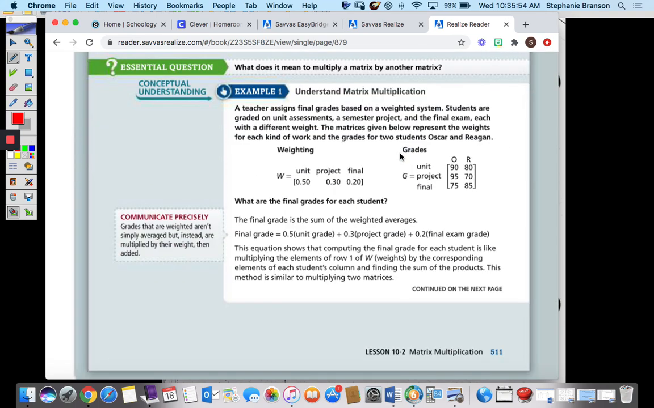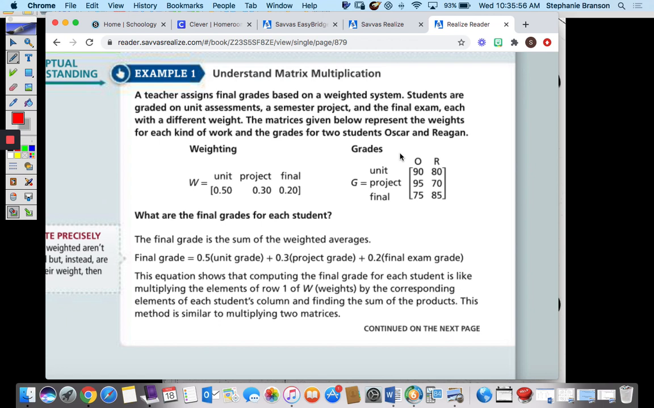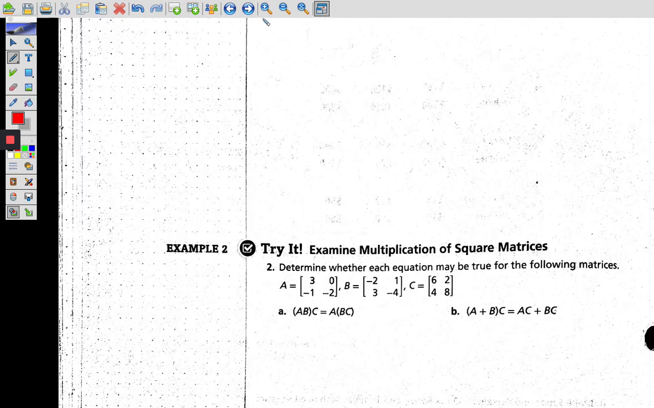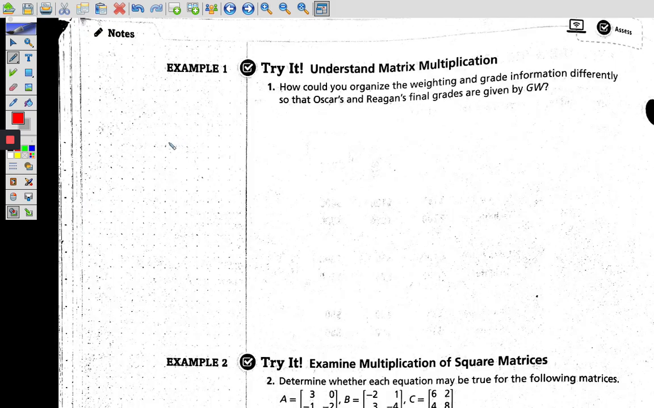All right, example 1 says a teacher assigns final grades based on a weighted system. Students are graded on unit assessments, a semester project, and the final exam, each with a different weight. The matrices given below represent the weights of each kind of work and the grades for the two students, Oscar and Reagan. So weighting, I wrote that actually in here. I wrote weighting equaled